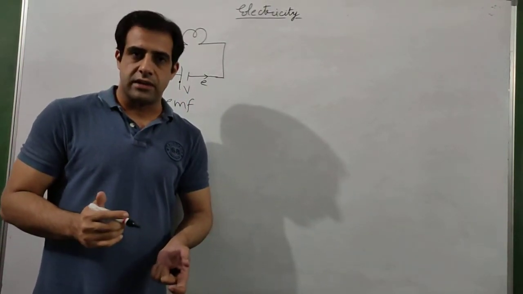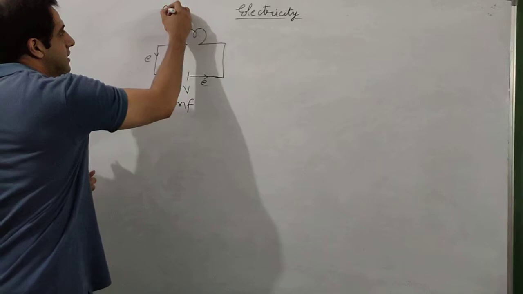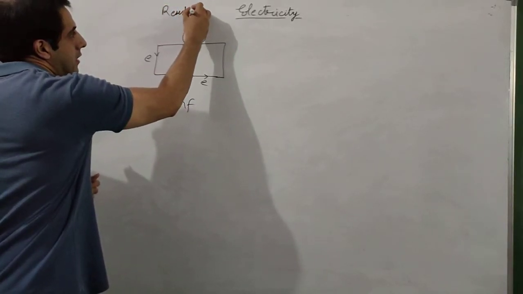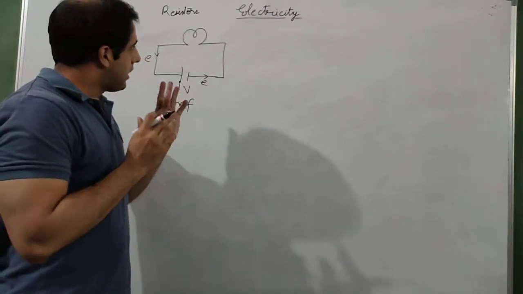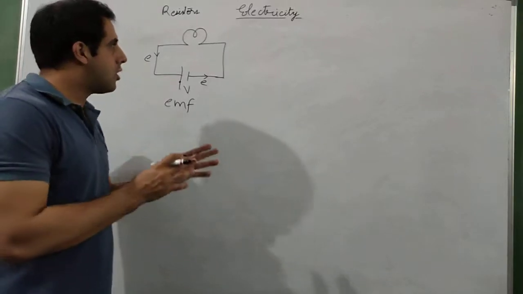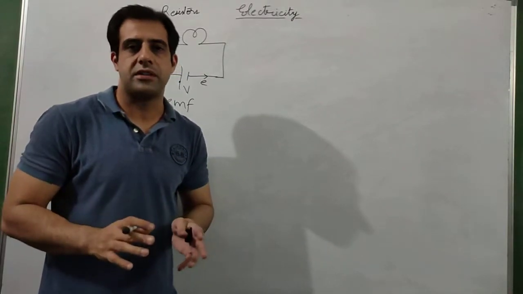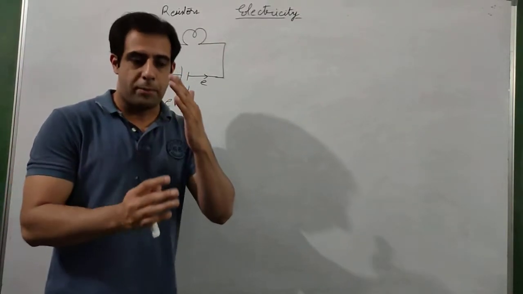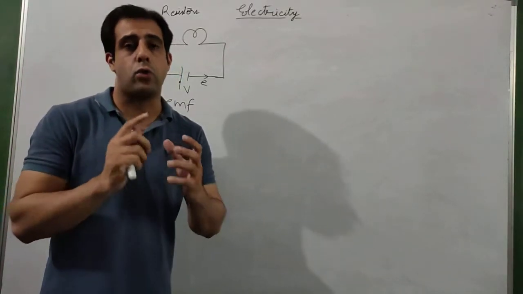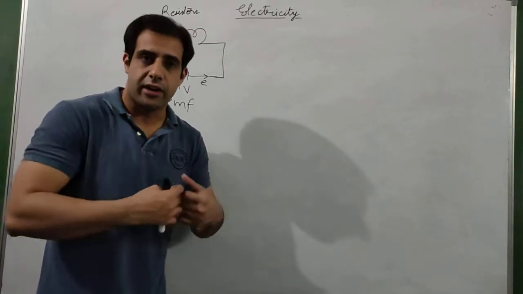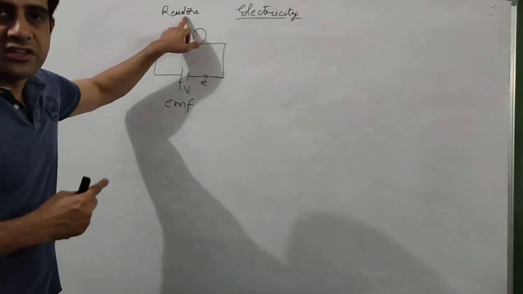Now any such devices which use the electrical energy produced by the battery can be termed as resistors. Now what is the English meaning of resist? Resist means to stop. Here we are using resistors because the devices that we are using, any device, fan, bulb, AC, fridge, all of them are resistors. What are they actually doing? They are stopping the electrical energy and absorbing it. They are not absorbing the electrons, they are only absorbing the electrical energy. So they are absorbing electrical energy by stopping the energy. Hence they are called resistors.